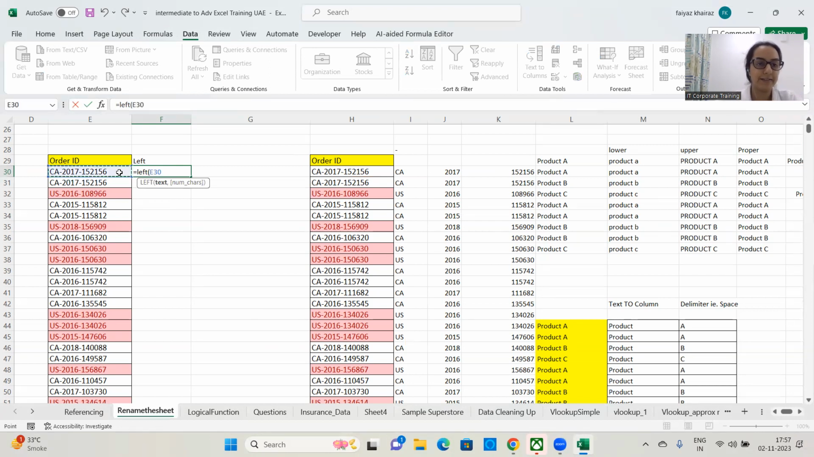Select the text, comma as a separator, number of characters. So I want to extract from the left side, but how many characters would I like to extract from the left side? CAUS are all 2 characters. So if I would like to extract 2 characters from the left side, I will write 2 here, close bracket,